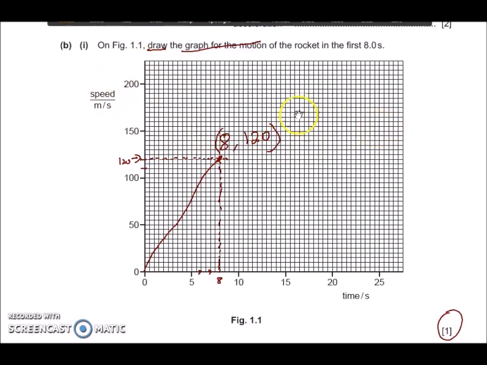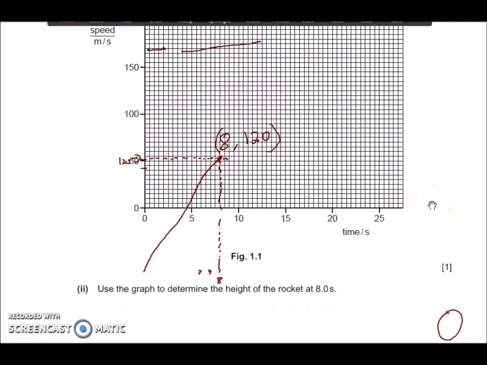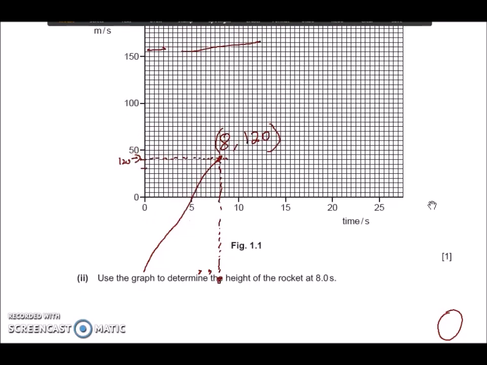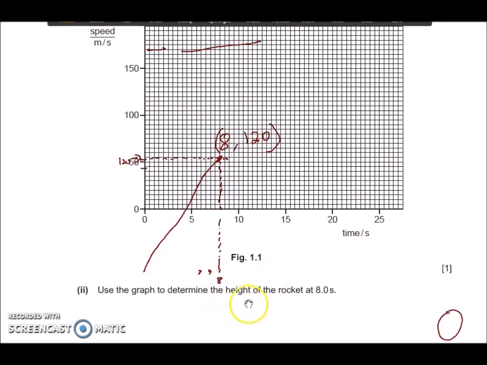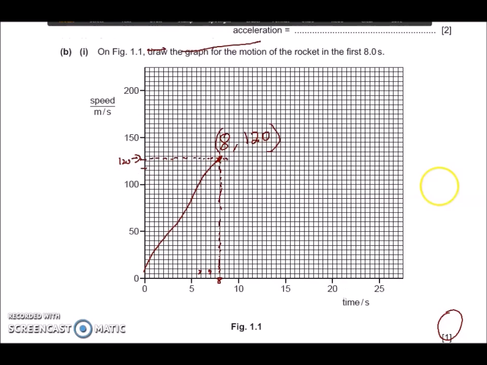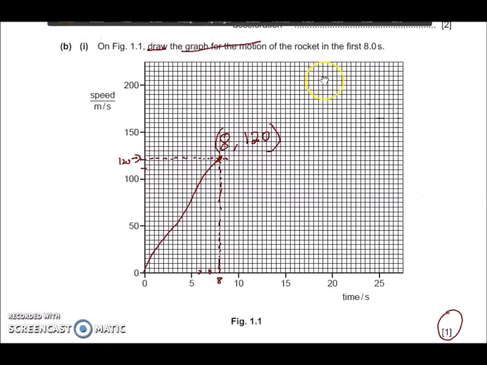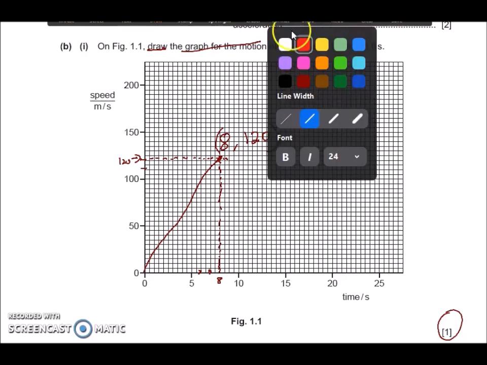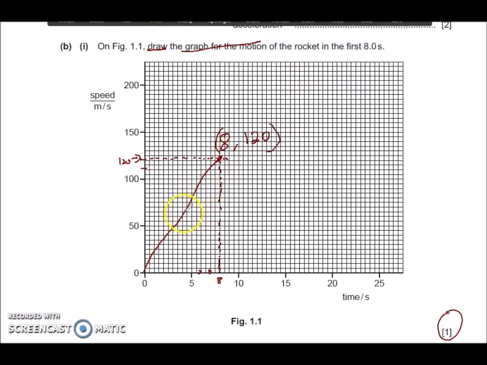Now we will go through the second question, B. This is B1. They're asking us to use the graph to determine the height of the rocket at 8 seconds. What you are given here is a speed-time graph, and then they ask you to find the height. The height is where you calculate the area of this triangle. So given a triangle, the area is